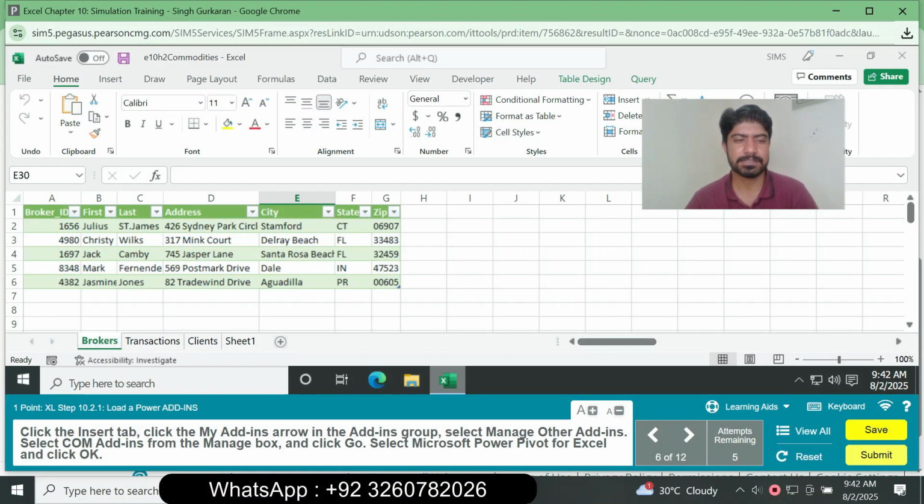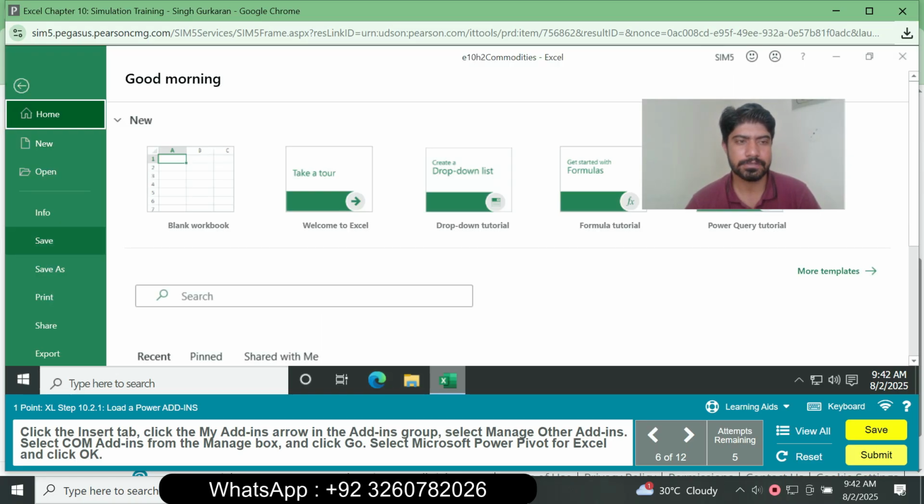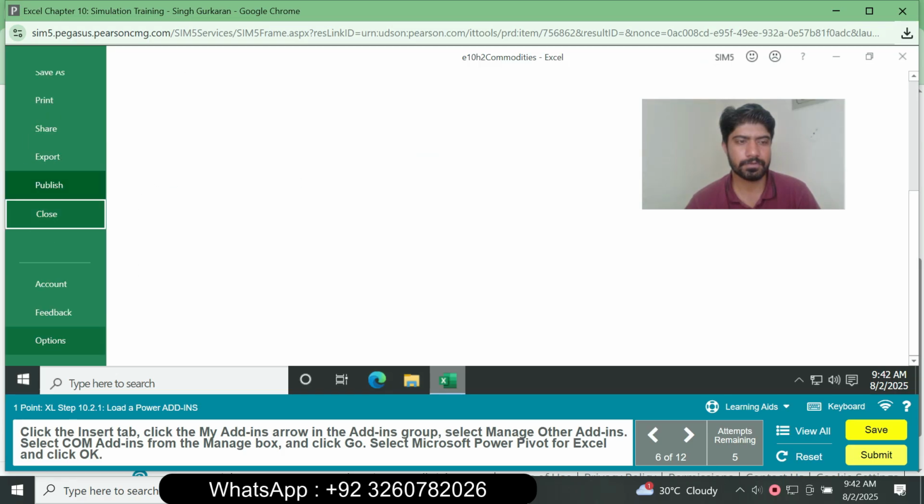So question number 6 is click the Insert tab, click the My Add-ins arrow in the Add-ins group and click Manage other add-ins, and click COM Add-ins in the Manage box and click Go and select Microsoft PowerPoint. Click OK. So click the File tab and click Options,